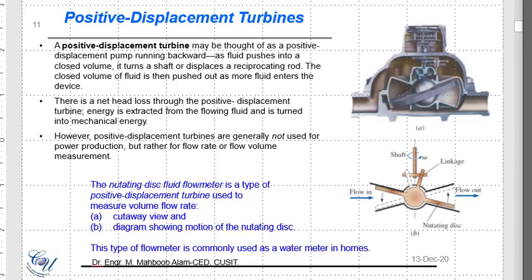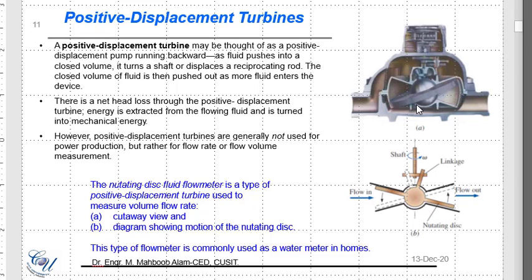The positive displacement turbines are usually smaller devices, as we said earlier, and they are used for measuring the flow rate. The most common example of the water meters of positive displacement types are the smaller turbines which are usually installed not in our country but in mostly the developed countries. They have these kinds of water meters installed at homes, and there is a flow into that system. Many commercial water meters use a rotating disc that wobbles and spins as the water flows through the meter. So there is water entering the system, and this rotating disc revolves and spins,